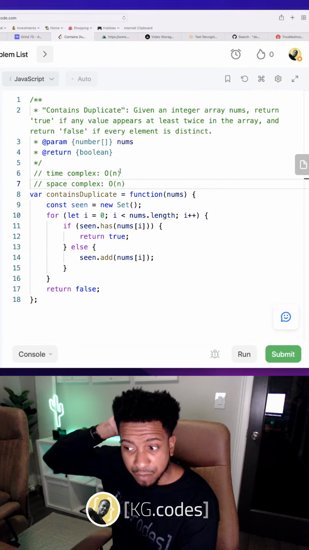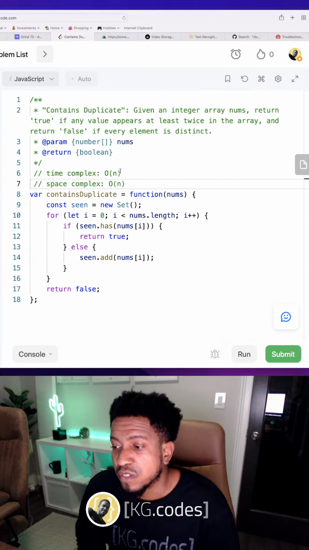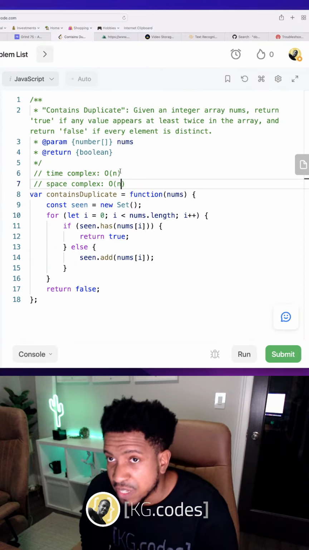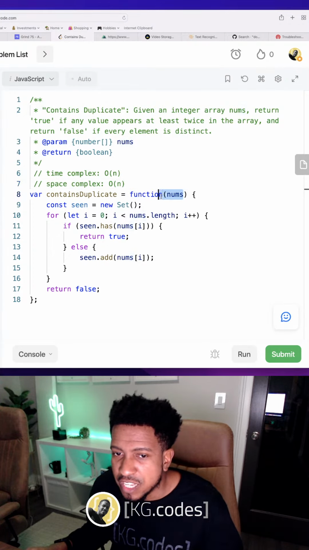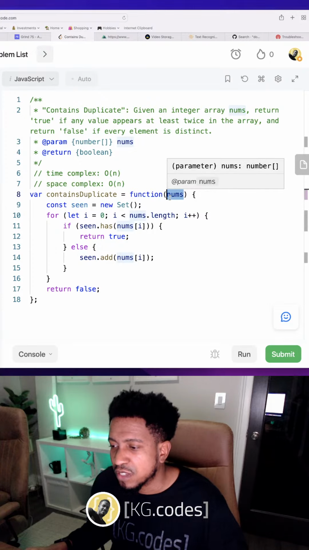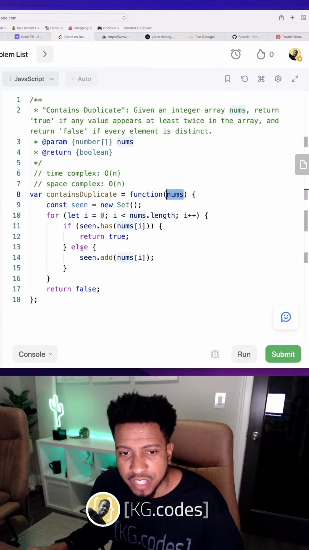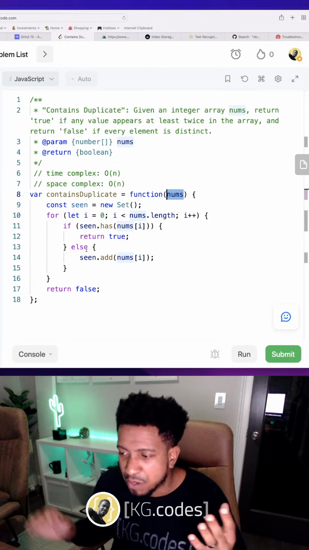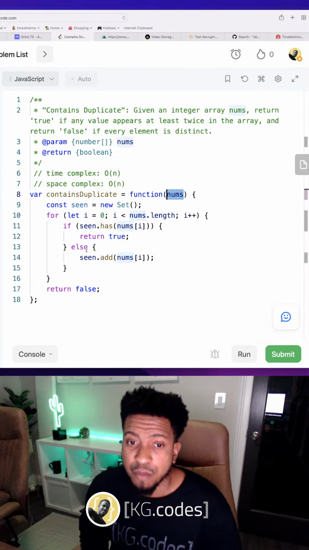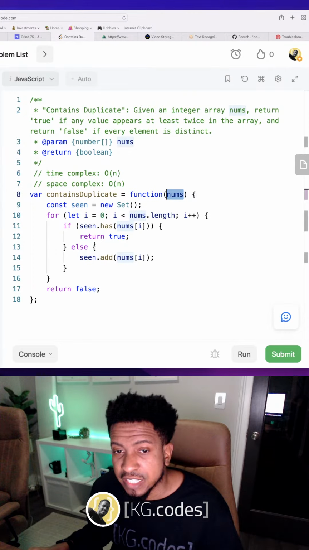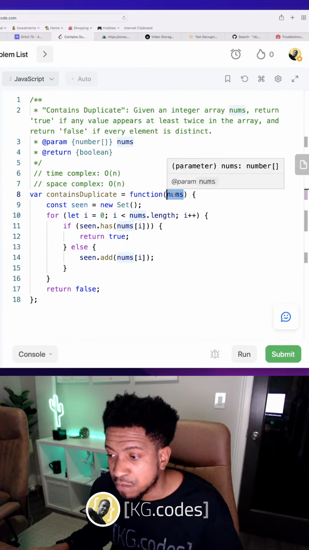Basically, the space complexity before, in the previous solutions, was big O of 1, which means constant space. That means I didn't use any space that was tied to the size of my input. I just set some variables that would completely be wiped out of memory after they executed, after they lost context. But when you use a set or something like that and you tie it to the nums,